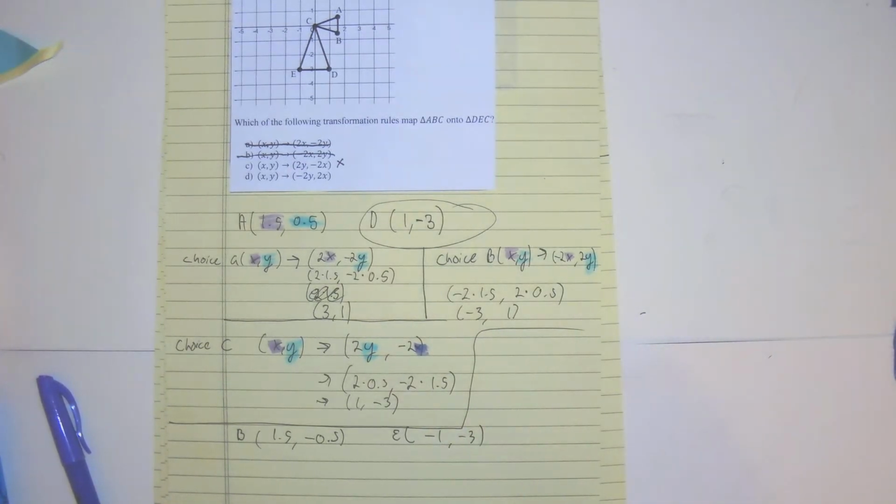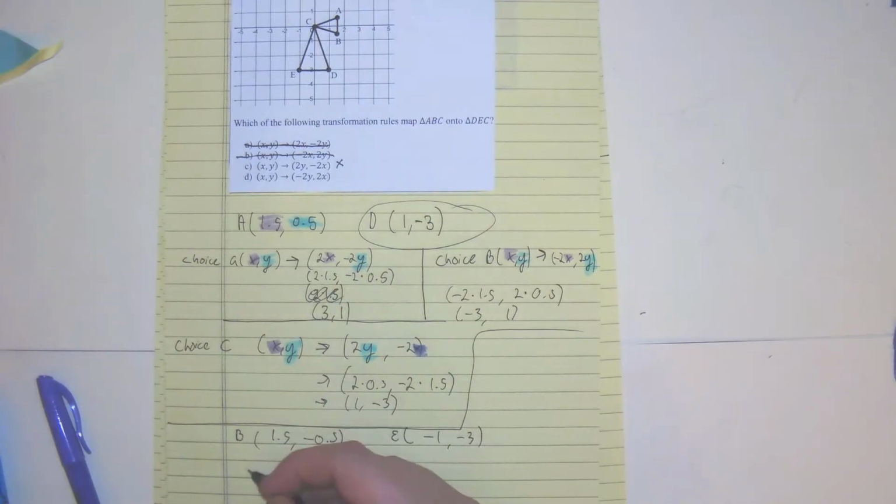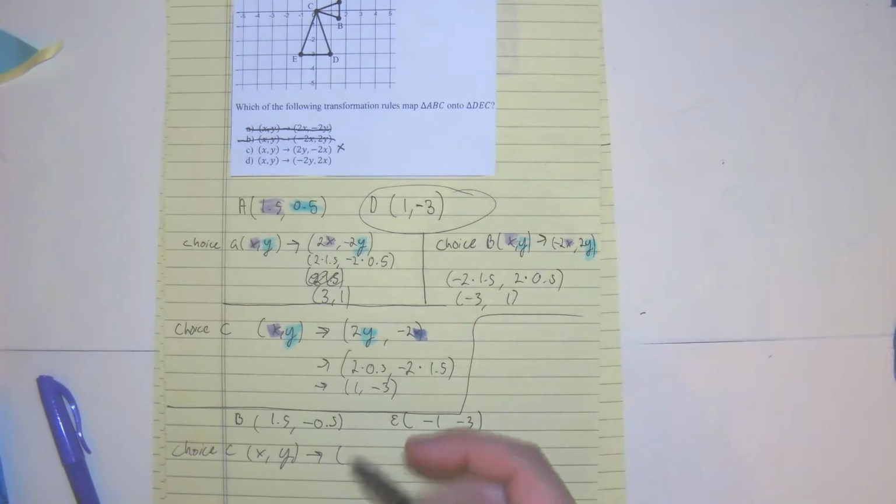So we're going to use this rule from choice C. X, Y is going to be the same as